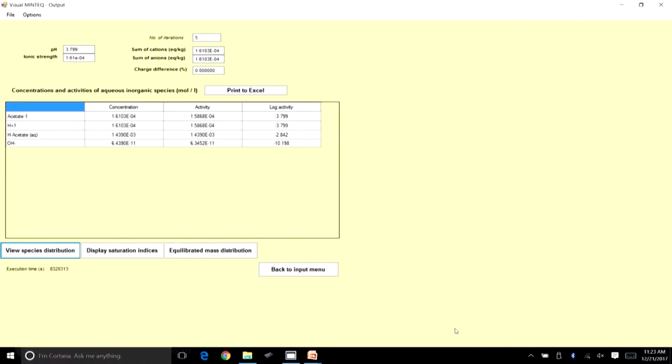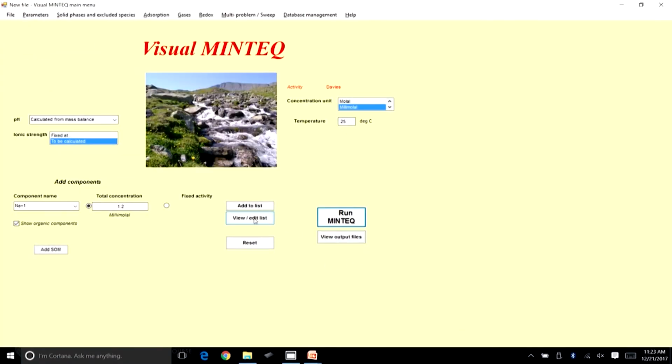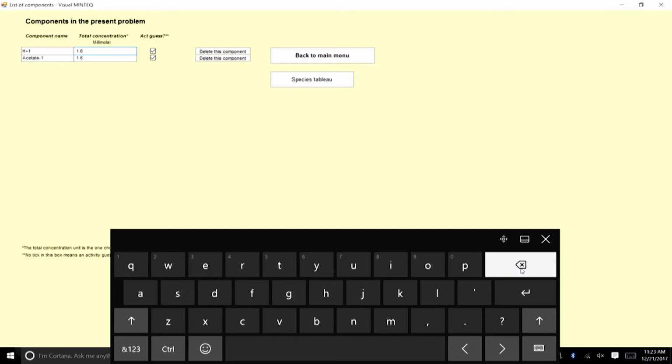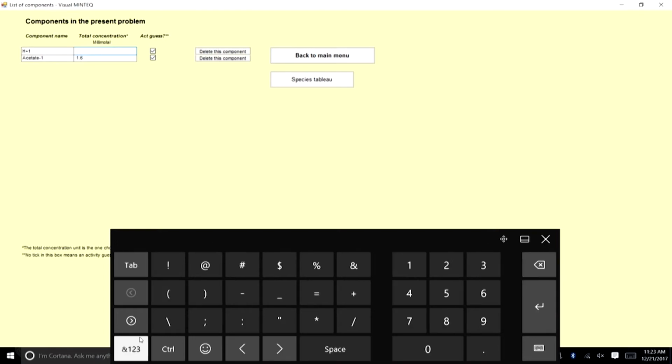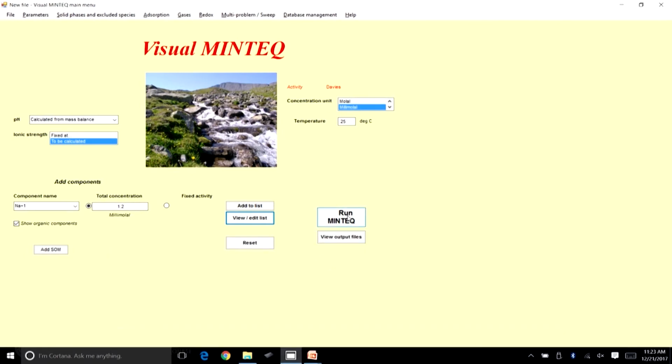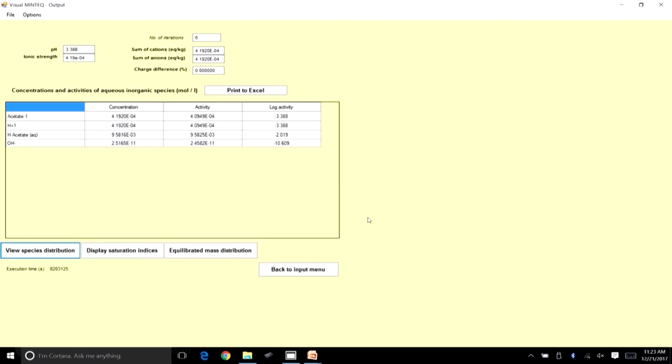So let's see, our values weren't good enough, so I'll go back to input menu, edit the list. Again we are going to try to increase the value. Let's say now, 10 might be a bit high, we are going to see why. And then back to main menu, and let me run the MinTech, and hopefully now at least, even now as you see, right, even at 10 millimolar concentration we are unable to get to our value, 3.3 only. Why again, why is that? So the issue is that,